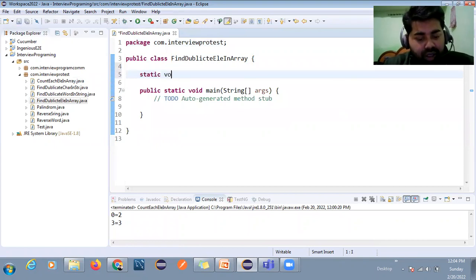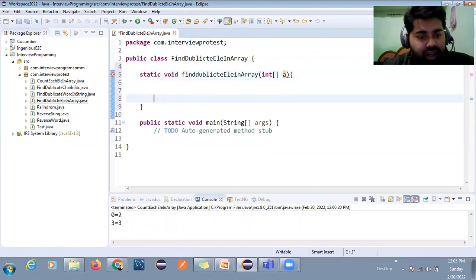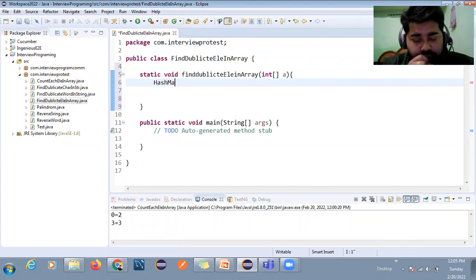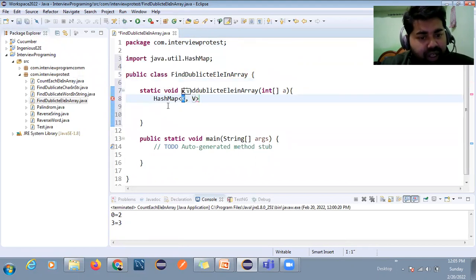So I'm going to create one method, public void find duplicate element in array. Okay, so here I will take the parameter as an array of integer type. You can take any type. Now I will create one hash map. If you press Control 1, it will automatically import, and HashMap comes from the util package.